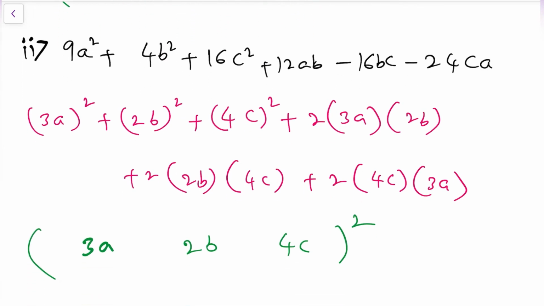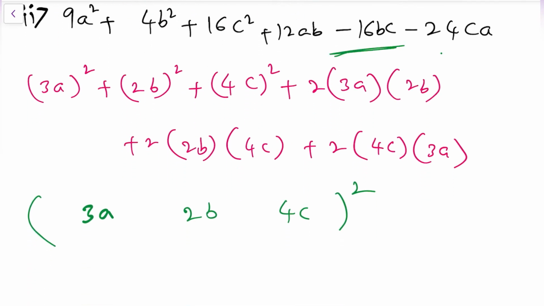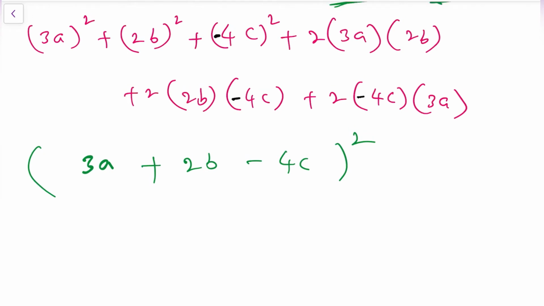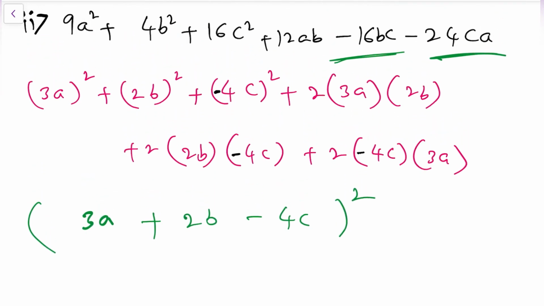Now let us check the question once. Here we have negative symbol, here we have negative symbol. So in both those terms, which alphabet is common? C is common. So for c only negative should be there. So here minus, remaining all plus. Now in the question also, wherever we have c, keep minus. Here minus 4c, here minus 4c, here minus 4c. So this is the final answer. So by this problem, bit number 5 also completed. Now let us move to the bit number 6.